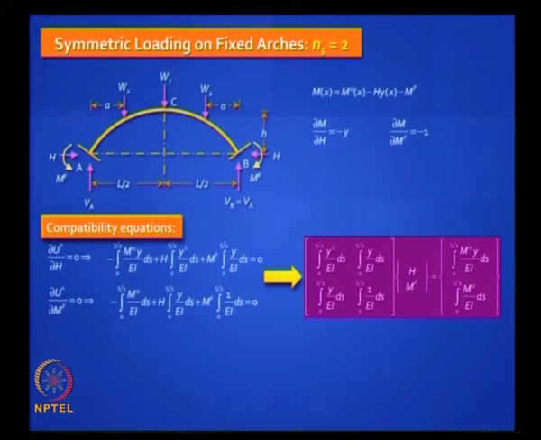to this form. Remember earlier when you had only the unknown horizontal force, you had only integral y squared by EI. Now you have this, so this turns out to be a flexibility matrix. Your two unknowns are H and MF, and there are some solved problems in the book, and these are properties of the arch which you can calculate by integration.